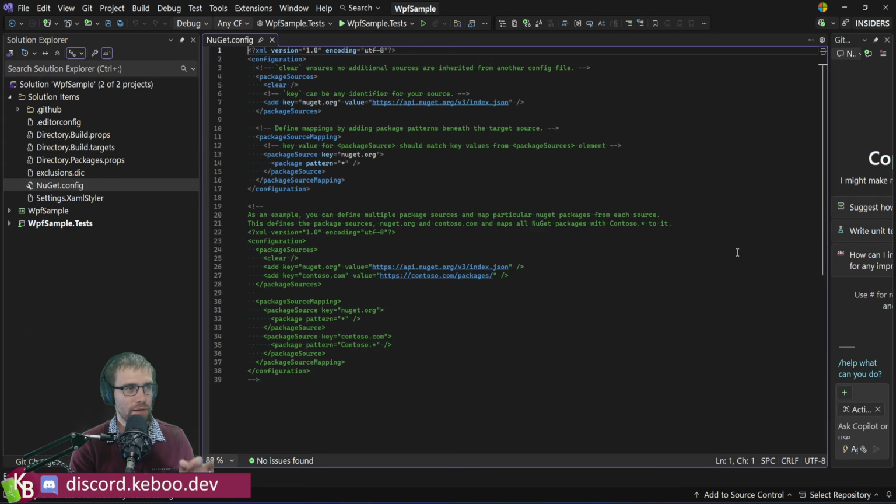Okay, NuGet config. This is something that you should probably have at the root of your repository. The key thing here is having your project specify what NuGet sources it is allowed to use when restoring NuGet packages. So this NuGet config here probably matches what is in most people's default NuGet config at the user profile level. But there are times where you've added stuff to your user profile or otherwise, and you don't necessarily want that propagating in. More importantly, as a way of securing your supply chain, if somebody were to compromise a build agent or similar and muck with the NuGet config at the user level out of a build agent,